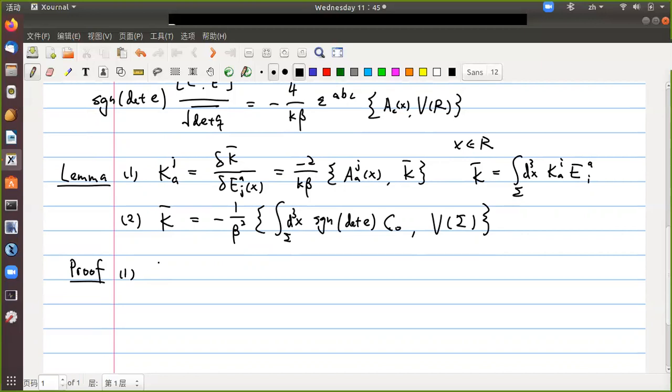The reason is that it comes from, firstly, K^a_j. If you compute the functional derivative of K^a_j(x) with respect to E^j_a(y), it equals 0. So if you plug in this formula, the expression for K bar inside, you just need to compute the functional derivative with respect to E, but the functional derivative of K in terms of E is actually 0. The reason is that